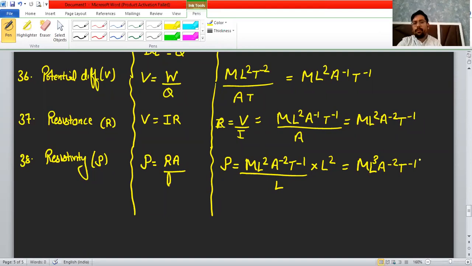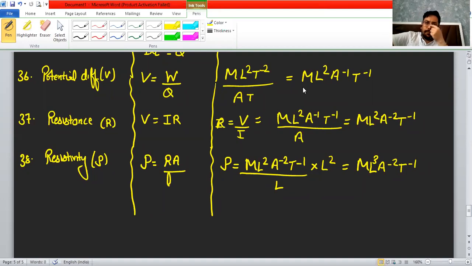Now any doubt, Kashish, in these dimensions? Yes sir. So mass of electron, number of neutrons and number of protons, so how will we find the dimensional formula of the mass of an atom? Because it is just a mass, it has the dimension capital M. Any mass, mass of a pen, mass of atom, any kind of mass is represented by M only.